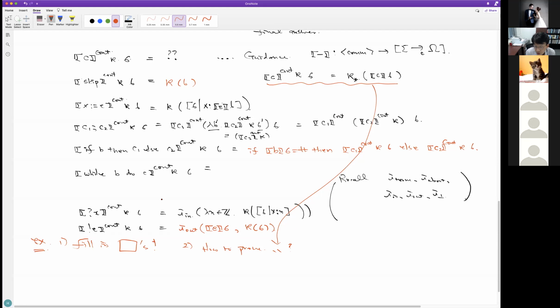Now for while, it's a bit more challenging because we have to use a fixed point. An interesting part is that we compute the fixed point on the continuation space. We define an operator called F, and with the fixed point we compute, we then run the sigma. You can think of operator F as a continuation transformer: it takes a continuation, and it returns a continuation.